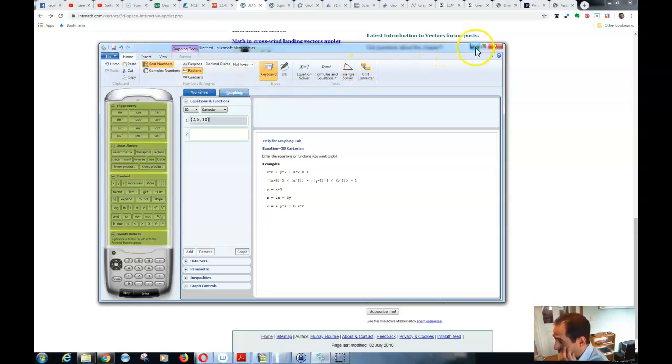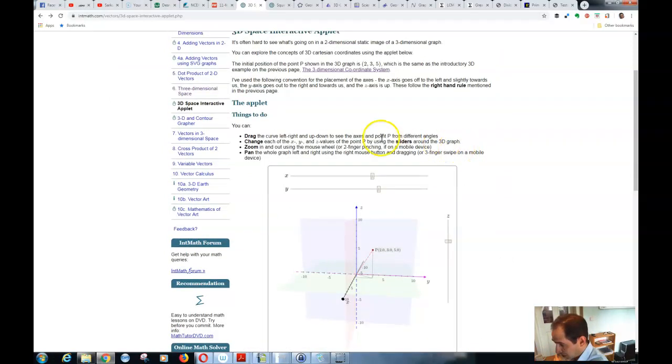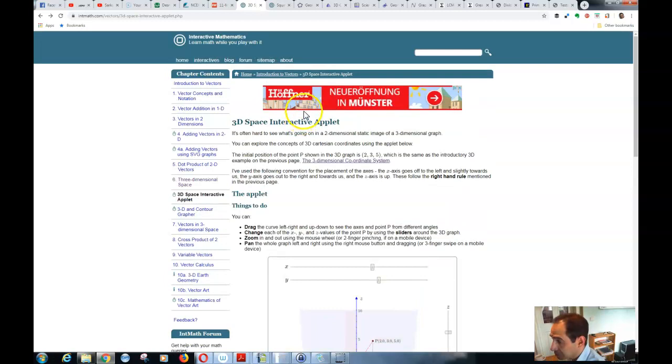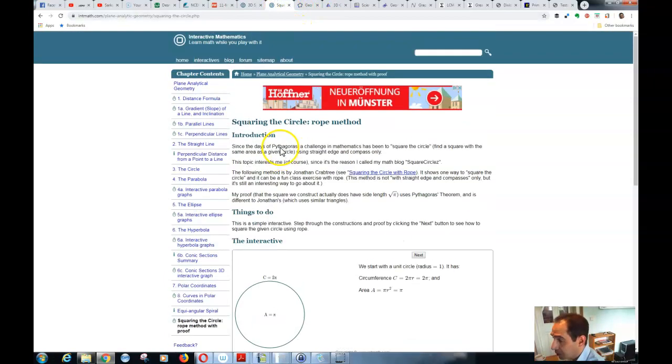I don't think you can plot any points in here. And this is just a demonstration. You cannot really plot anything in here. And the only other thing that I know is basically